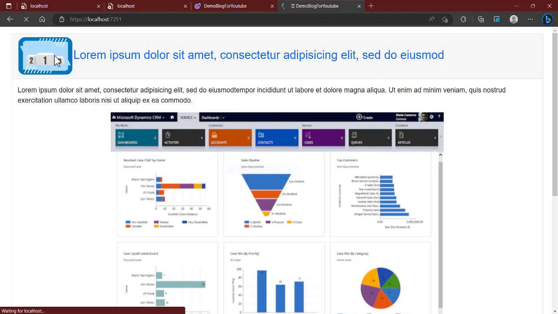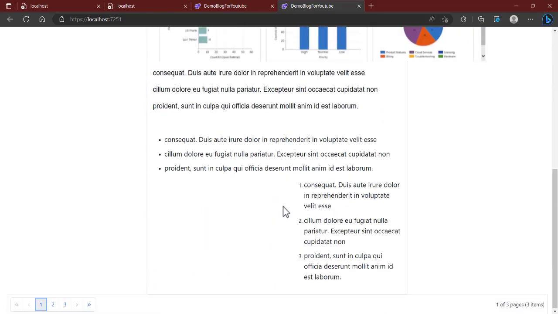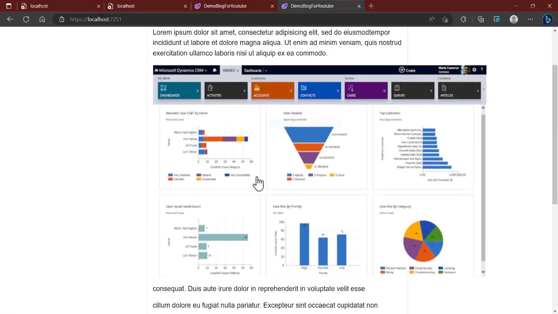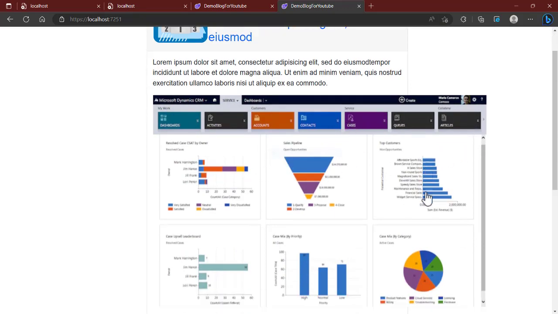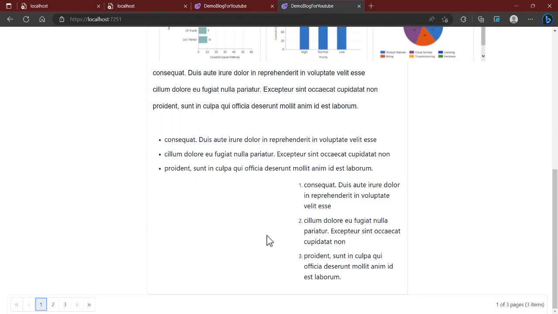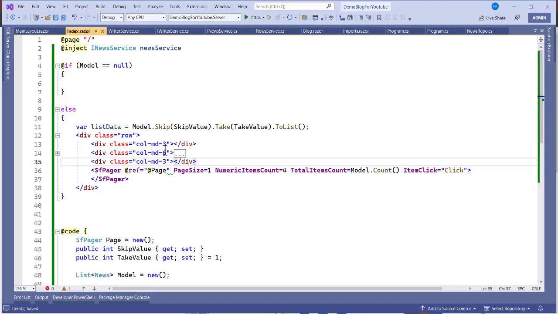Because you don't want our list display or information or our block to cover the entire page. You want it to be seated in the middle. That's exactly what we want to do. Yeah, so this is what we have now. And as you can see, the image here is too wide for us. So as you can see from this angle, let's make it 8 and make here 2. So we can make here as 2,